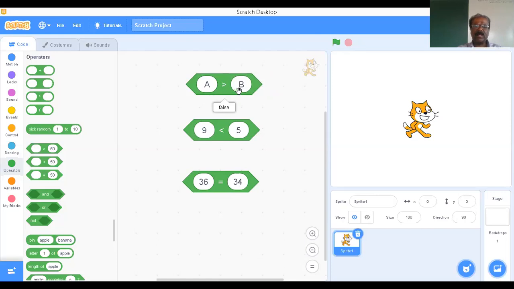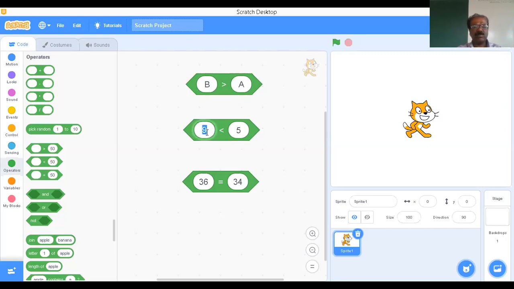A greater than B. Actually, here it's going to replace A by its ASCII code. So there'll be a code called ASCII code. The ASCII code for A is 65. The ASCII code for B is 66. Therefore, we know that 65 is less than 66. Here I'm checking for greater than. Therefore, A greater than B, no, false. Okay, that's the meaning of that. Suppose if you go for B here, and I'm going to write A. So here B greater than A, true, because the ASCII code for B is greater than the ASCII code for A.